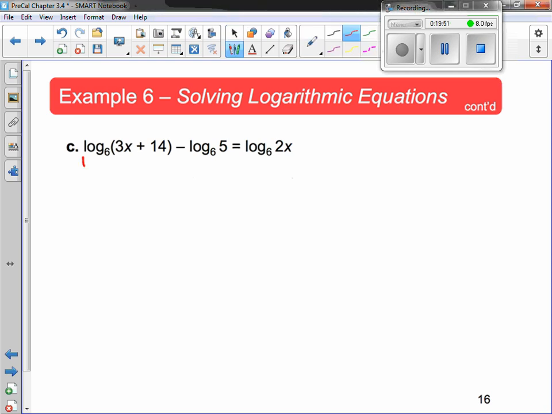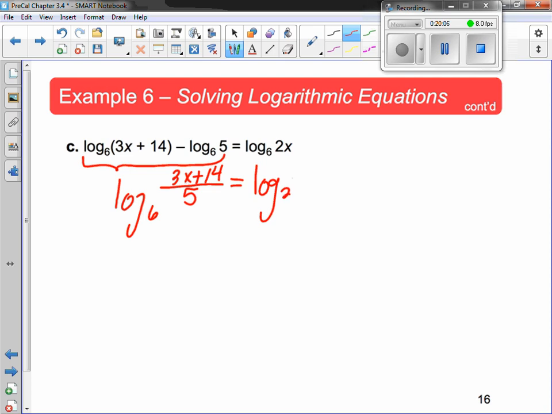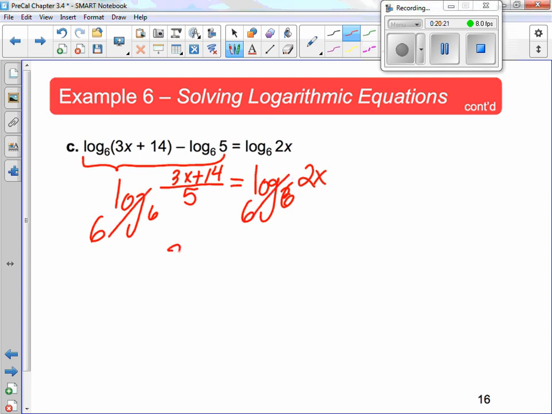So this would be log base 6 of... it's going to be over 5 because whenever we have two logs being subtracted with the same base, it's the same as division of what's inside the logs. So we can rewrite it as this here. Then we would use the 1-to-1 property, 6 and 6, plus 14 equals,